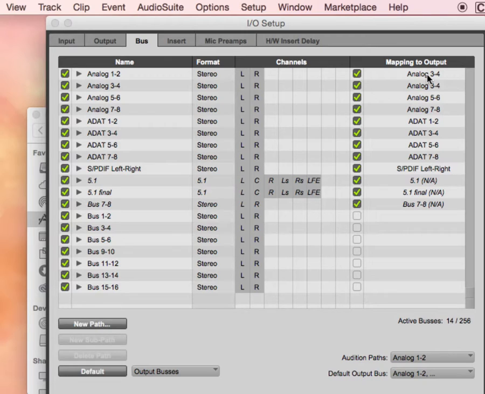So let's say you're using your bus for a reverb. Anybody use a bus for a reverb? Done that yet? All right. So I'm using my bus for a reverb. And I just bought this really cool, $300 external reverb, and I want to use it with my in-the-box system, but it's an out-of-the-box device. Well, instead of having to go back and reestablish outputs to that reverb, if your reverb was bus 7, 8, or let's do bus 1, 2. If this was your reverb,